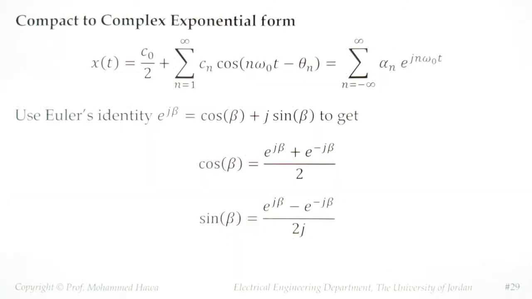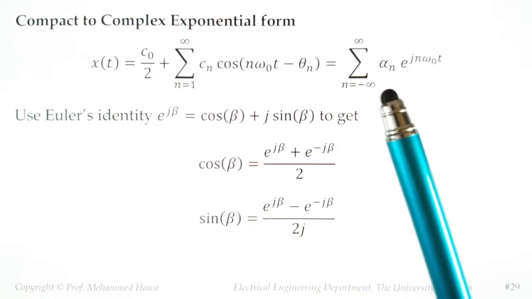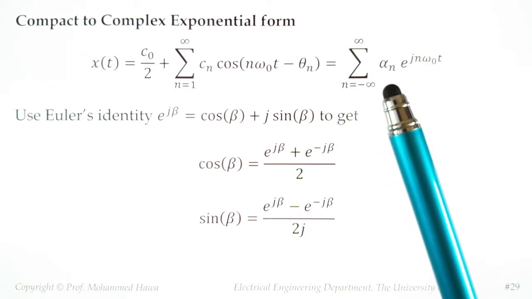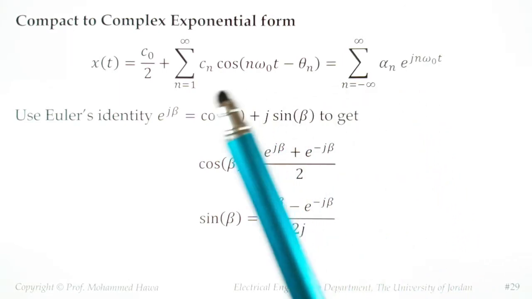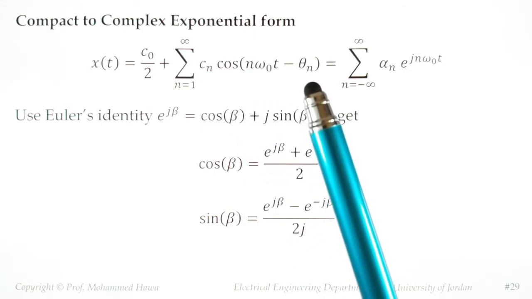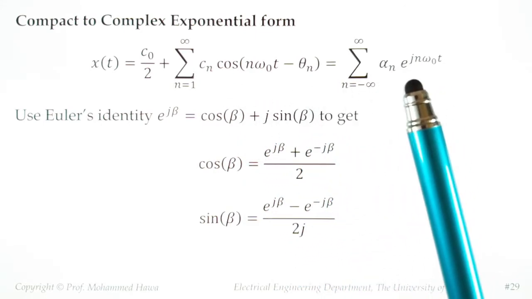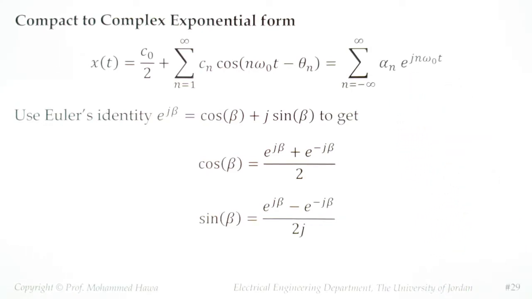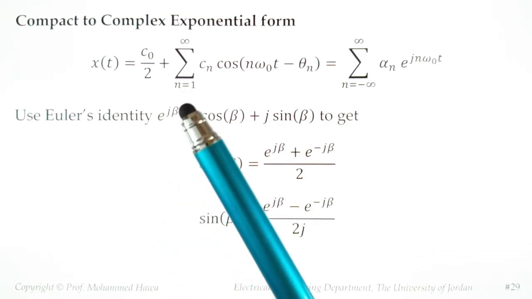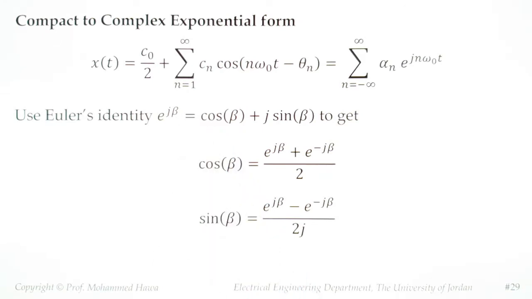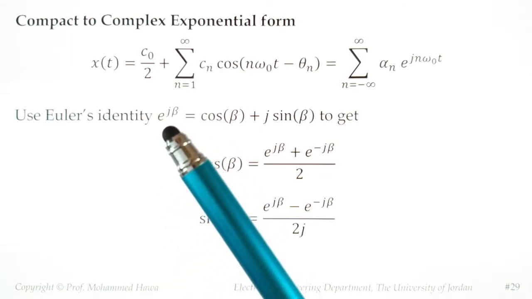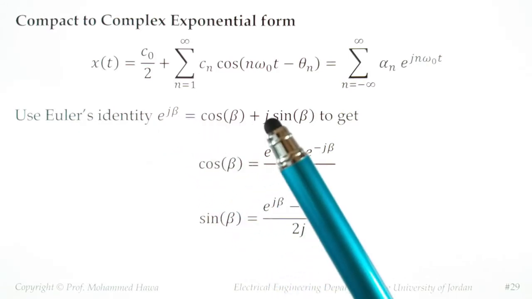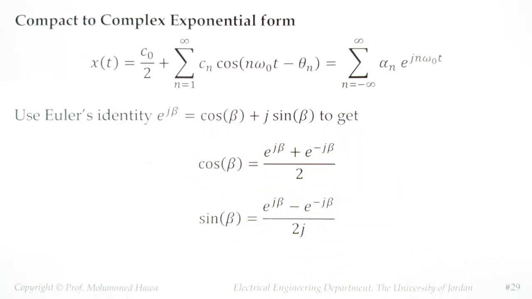What about the exponential form? A lot of newcomers have a problem with the exponential. They look at it and say, wait a second, I'm convinced about this. This is an infinite sum of sinusoidal signals. I'm fine with that. But this is exponential to the j. This is not sinusoidal. And I say to students, well, please remember Euler's identity. It says if you have e to j something, that's actually cosine and sine. Because from Euler's identity, e to j beta is cosine beta plus j sine beta. So actually using the complex exponential gives you sinusoidal signals.